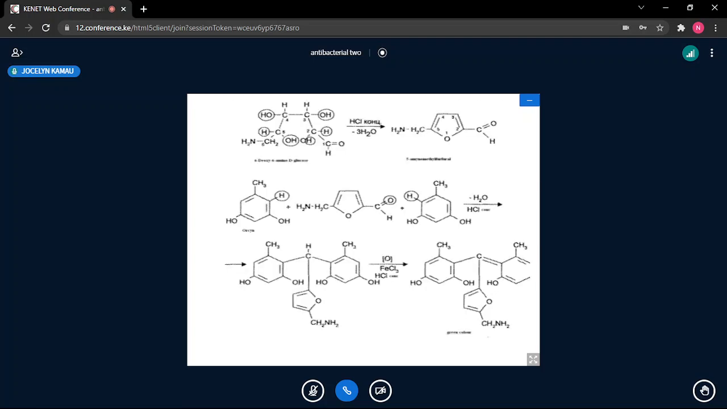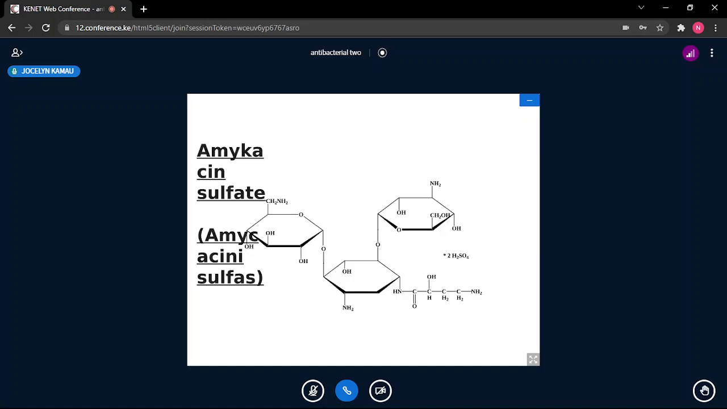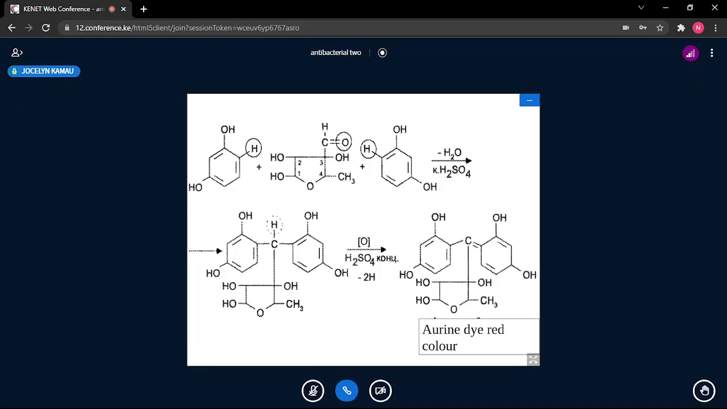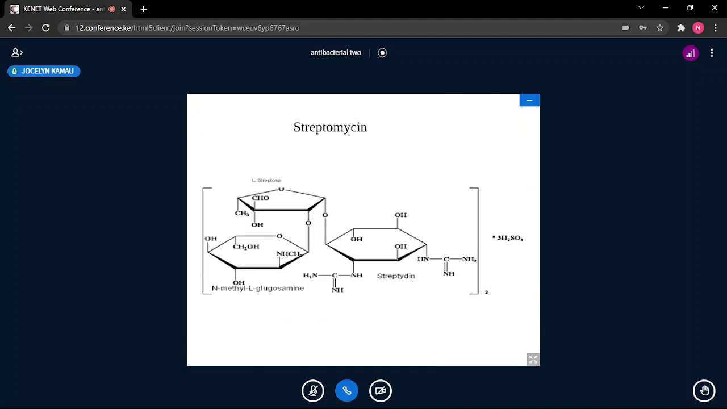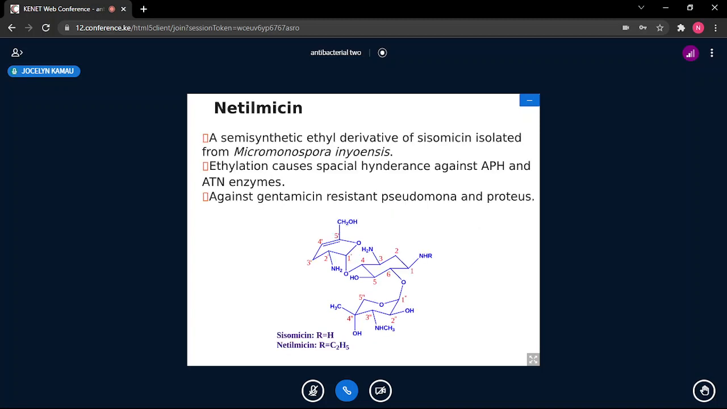I have decided to go through that so that now when I talk about the aminocyclito, I hope you have understood when we say it can be a guanidino moiety, it can be a guanidino derivative, or it can be a 1,3 guanidino derivative, or it can be a 1,3 amino derivative with retention of activity. Because once you understand that bit,